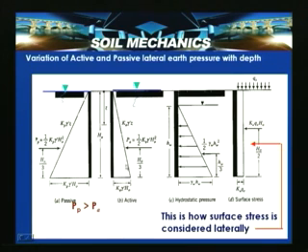The equation of this particular line is Ka gamma dash z. At z equal to 0, the lateral earth pressure is 0. At z equal to h, which is indicated in this diagram by h naught, the pressure is Ka gamma dash h naught. So Pa is nothing but half Ka gamma dash h naught square, that is the lateral earth pressure, plus